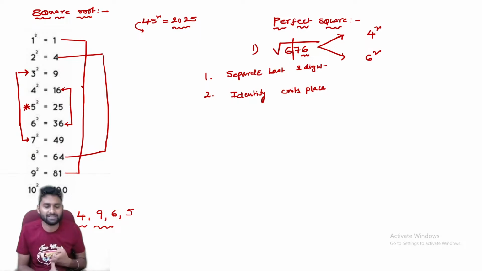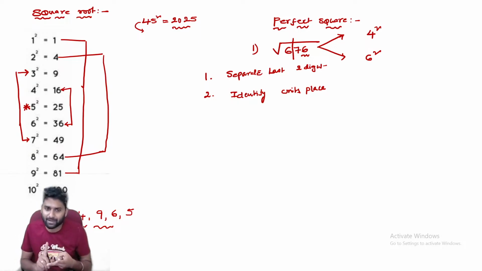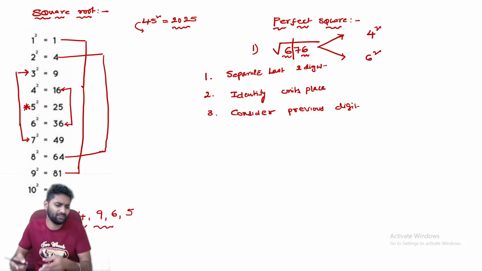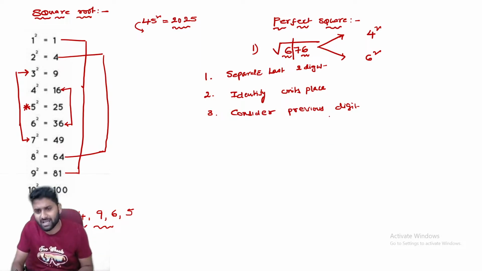Step number one, separate the last two digits. Step number two, identify the units place. Then you will get the units place square number. Now step number three, consider the previous digits. Here we have a one digit left, but it can be one digit, two digits or three digits. How many digits there are doesn't matter. Just consider those digits and identify